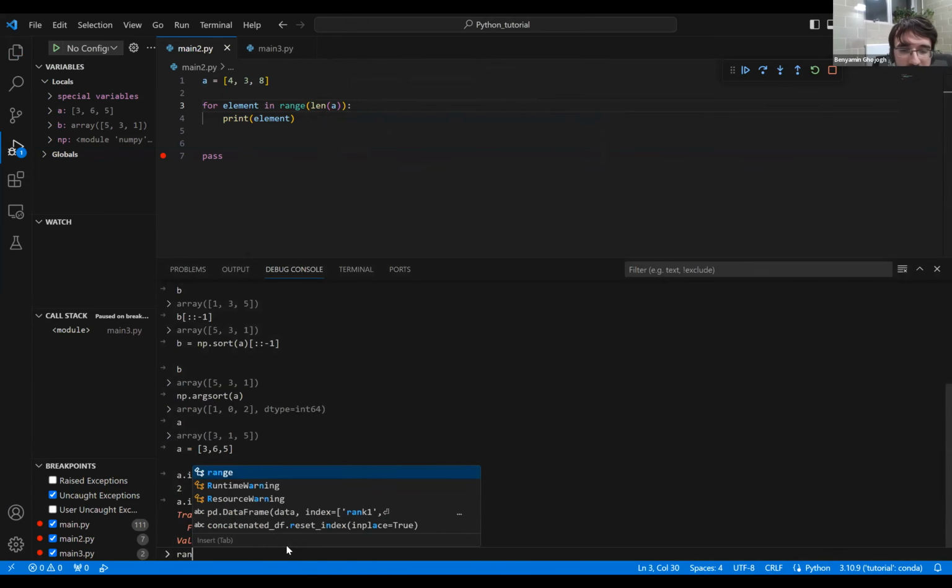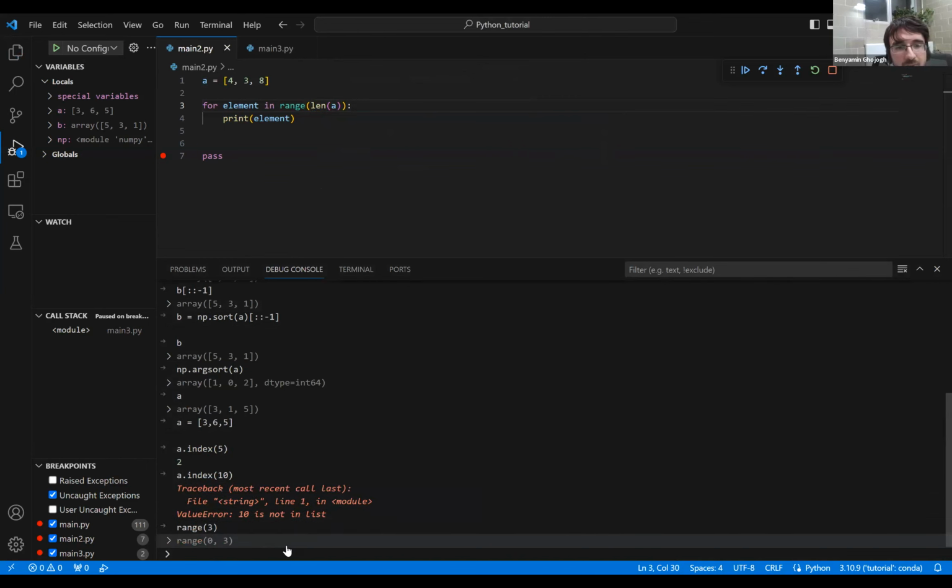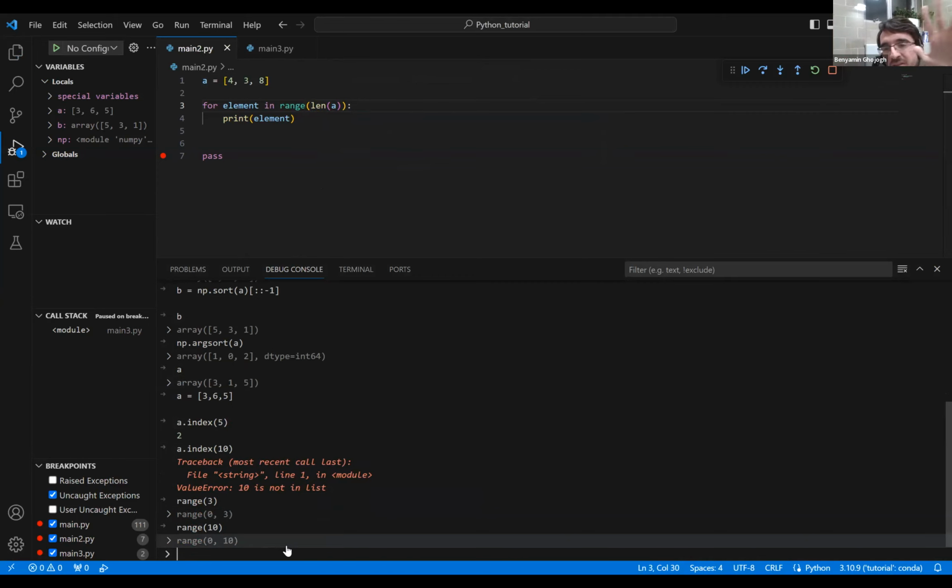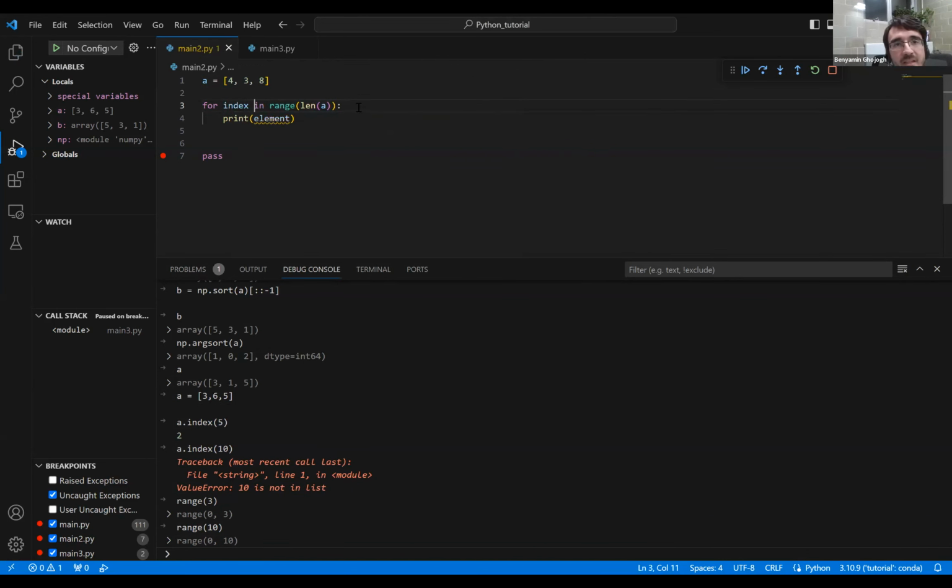So consider this. When I say range 3, it will return something like a list of 0, 1, 2. Range of 10 means 0, 1, 2 until 9. So when I say len of a is 3, range of 3 means 0, 1, 2. So it gives me, rather than the element, the index. And then what is the element? I can say a of index,